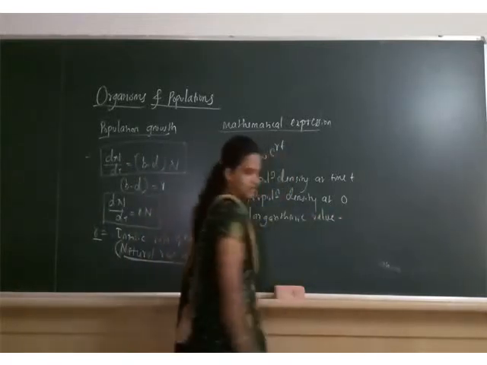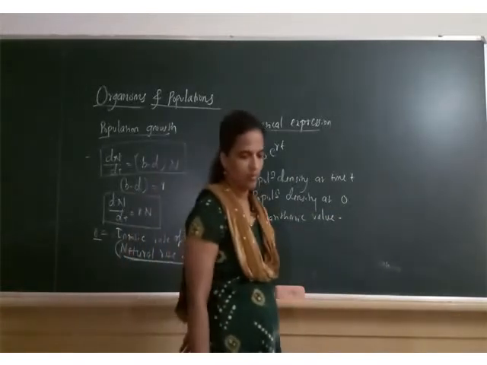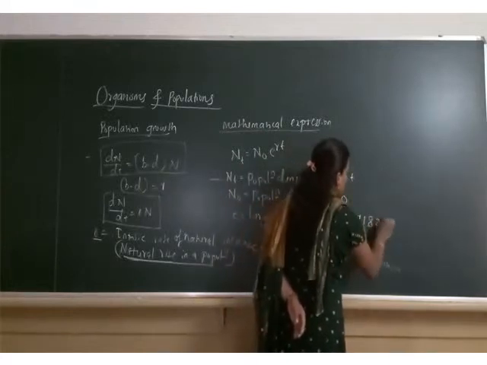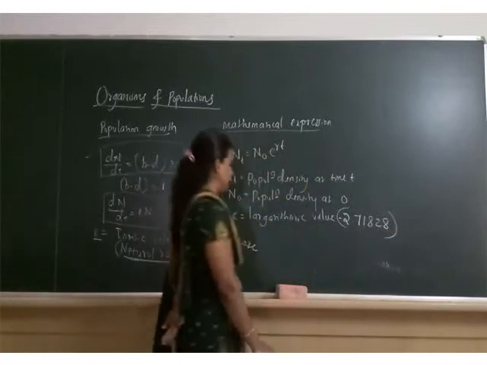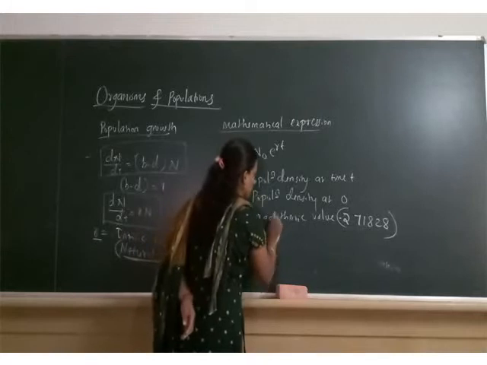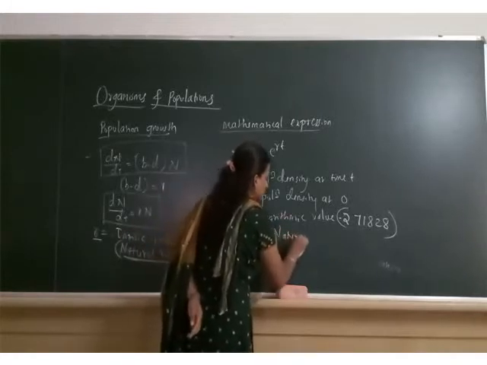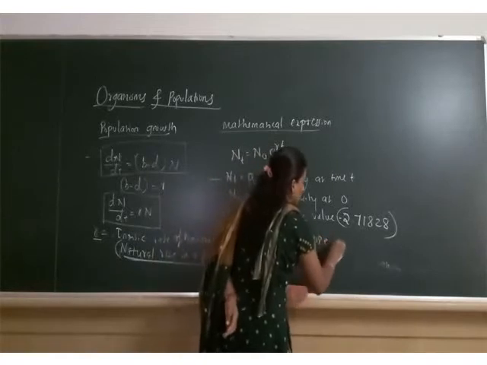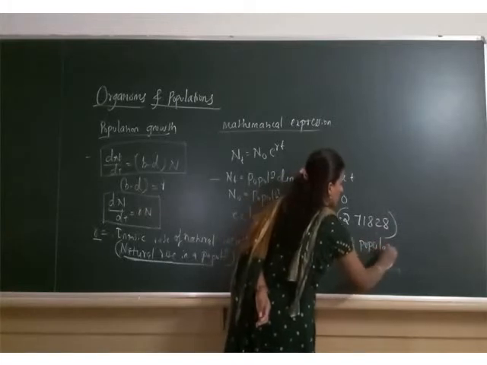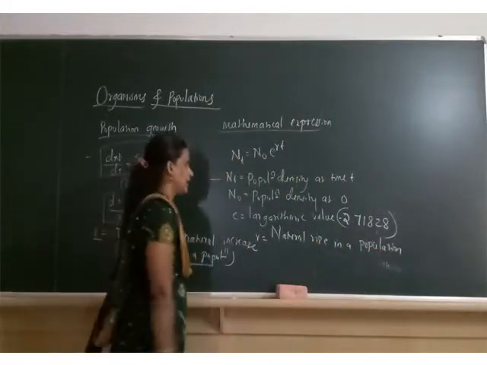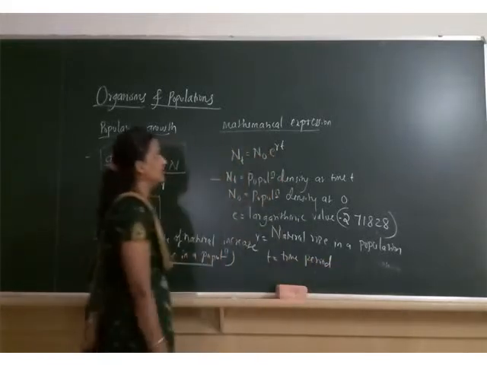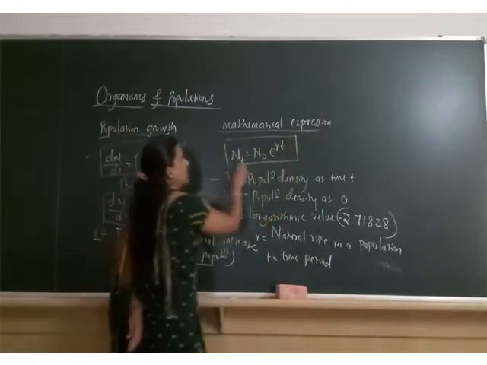e value, that is 2.71828. This is the logarithmic value e. Okay. Then what is r? r is the natural rise in a population. Okay. And what is t? t is the time period. Okay. This is the mathematical expression of the